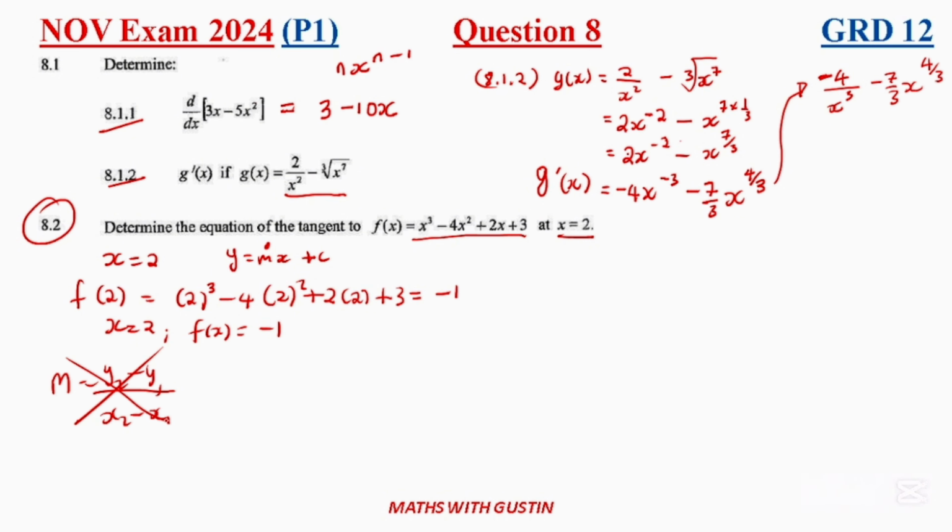You can't use this formula this time around, guys, because now you don't have 2 points. You only have 1 point, which is what? 2 and -1. So what can you do? But you will remember that if you take the derivative, it gives you the gradient. Okay, so now if you have got this function like it is here, x squared plus 2x plus 3,